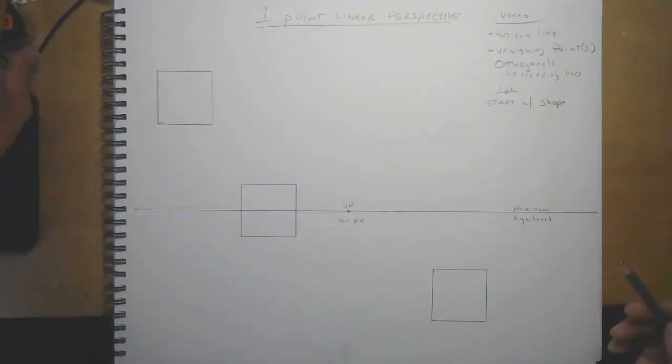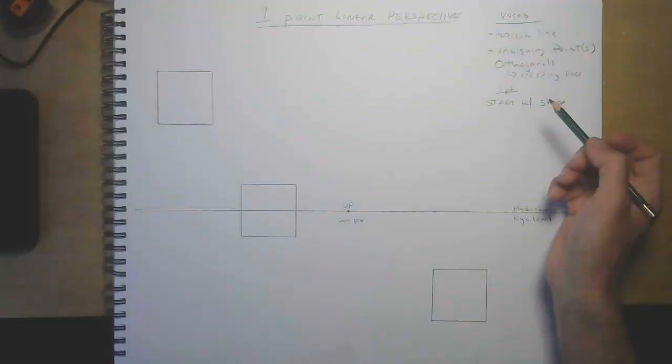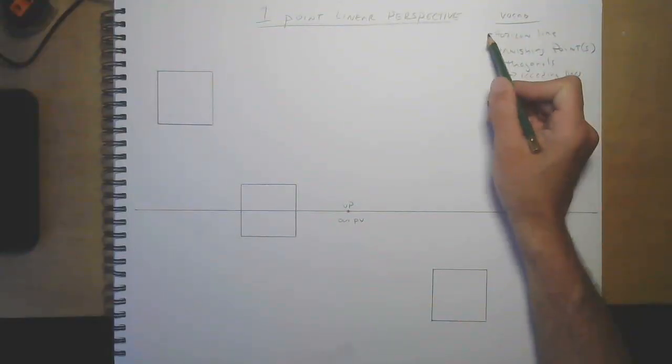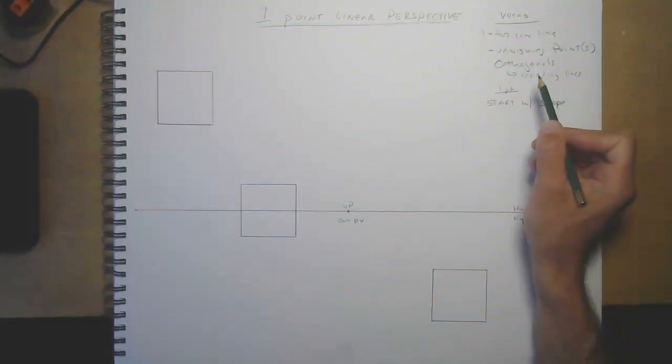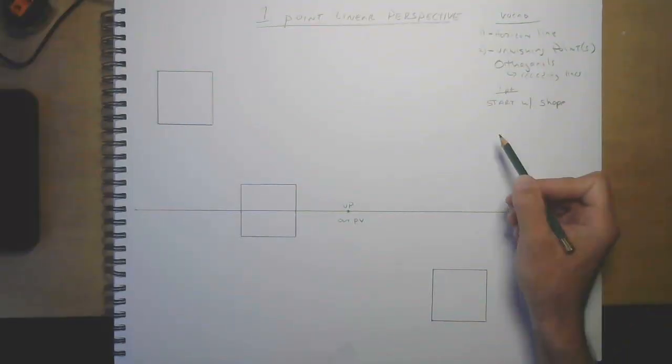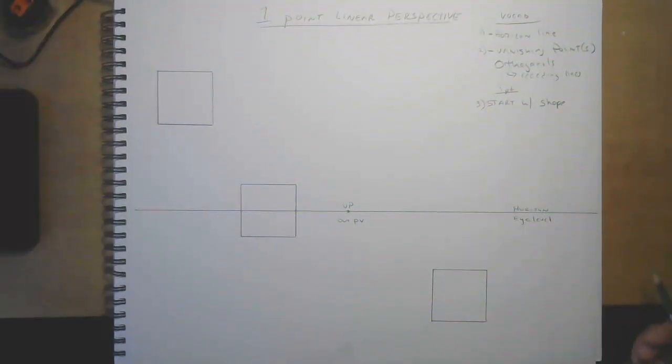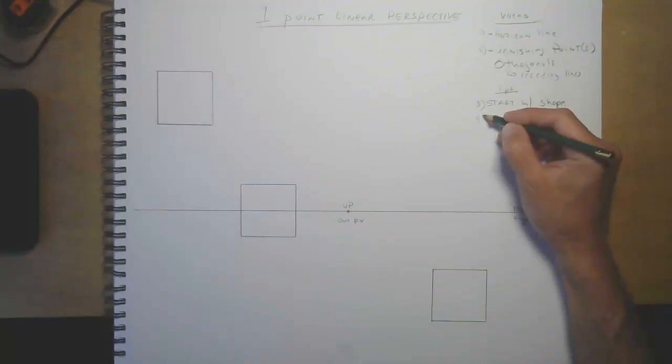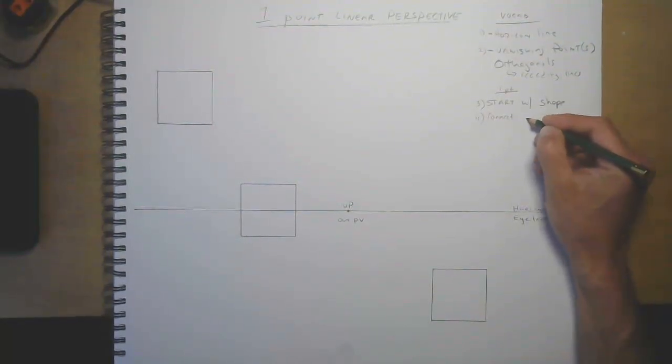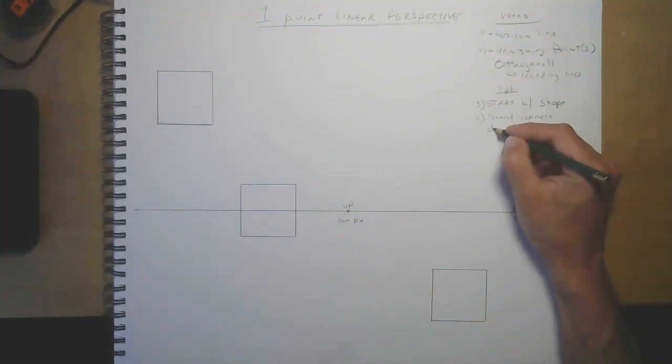Now, from here we'll say identify the horizon line as number 1. Number 2 is the vanishing point. Number 3 is start with the shapes. Number 4 is connect corners of shape